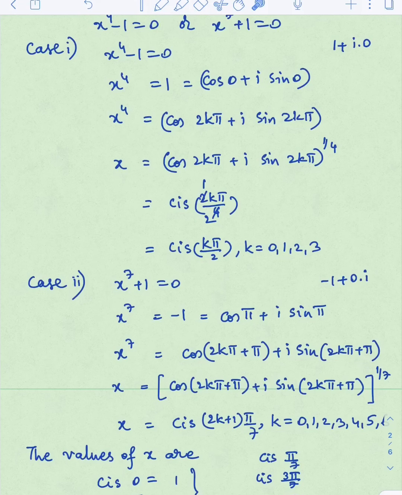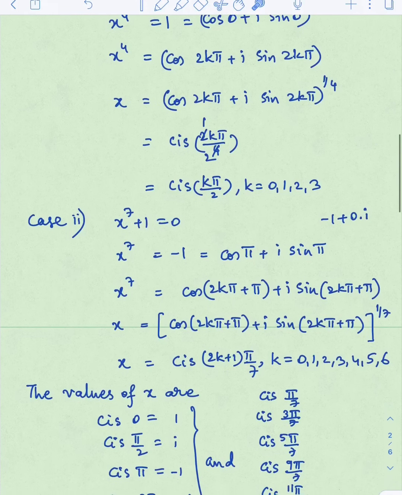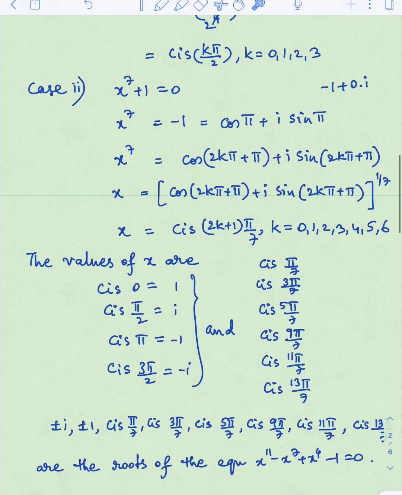Here 7th root means 7 roots. They are from 0, 1, 2, 3, 4, 5, 6. So change the k value so that you get all 7 roots. Okay, so we want all the values now. Here 4, here 7, total 11. How to write them? See,